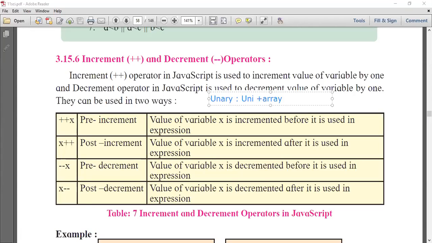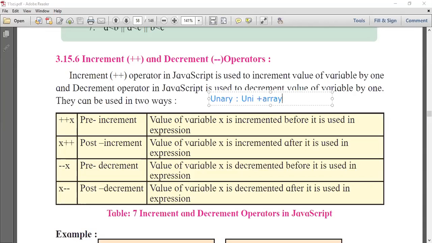Uni means one. The operator which operates on only one number is called a unary operator. Now what are the unary operators? Increment and decrement are called unary operators.